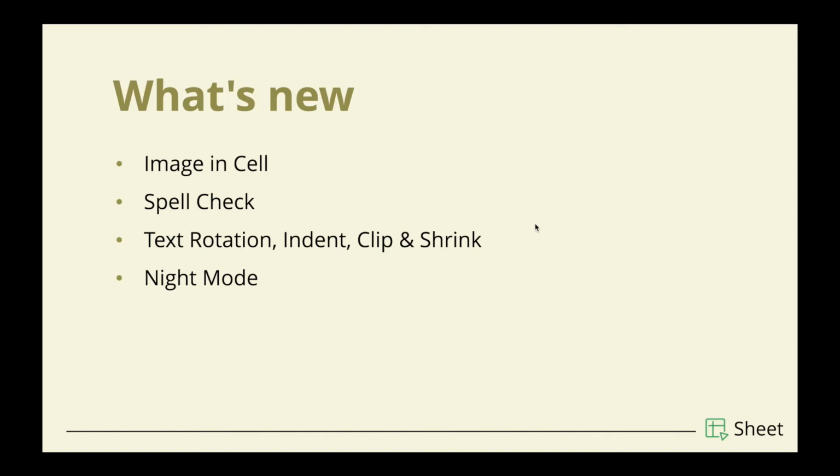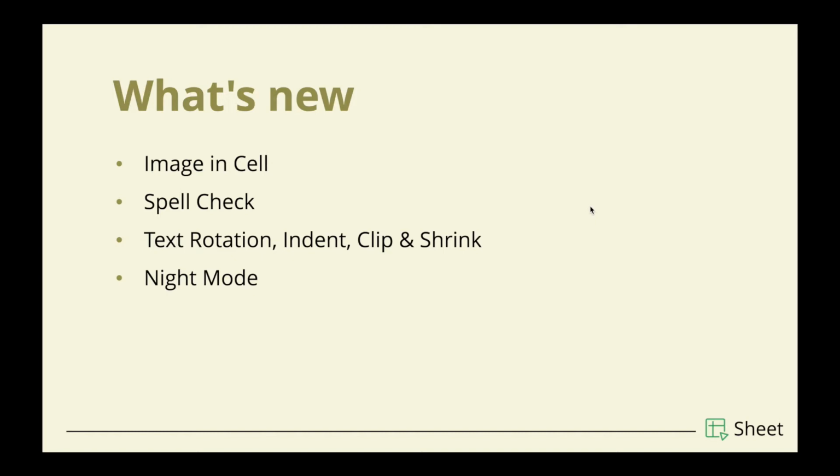Secondly, we have the spell check option. This spell check option makes use of the Blue Pencil API from Zoho Writer. While the data cleaning tool compares the terms in your spreadsheet with the other terms in the same spreadsheet, this spell check option will compare the terms in your spreadsheet with the dictionary. So if you have any words that have been misspelled throughout the spreadsheet, you can use the spell check option in order to compare it with the dictionary and get it corrected.